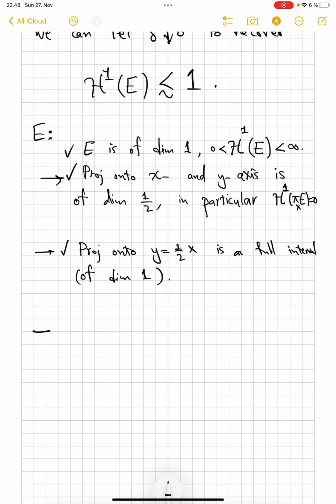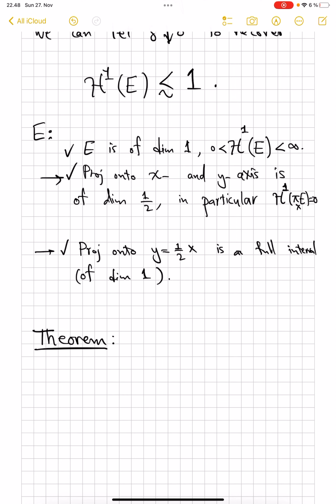That is something we're not going to go into, and that is why we're starting with examples, and through these examples we will discuss some properties just without proofs, so that when we present some theory, we will have a lot of examples to look back on and to draw conclusions from, or at least conjectures from. So the theorem that I found in Simon's book, the particular statement, says that if you have a condition 1 for a set, if you project onto x-axis and y-axis and you don't see anything,